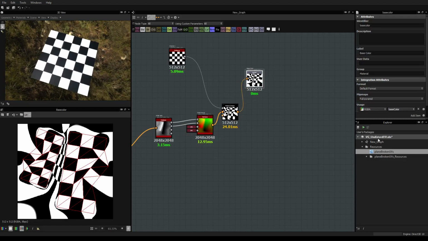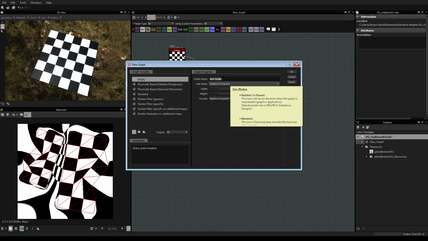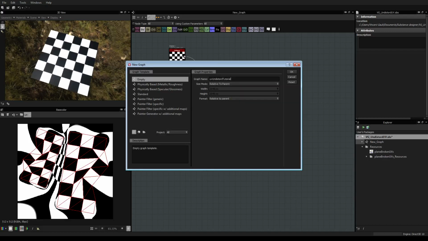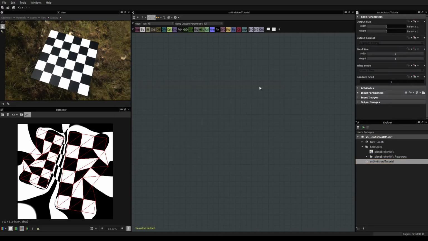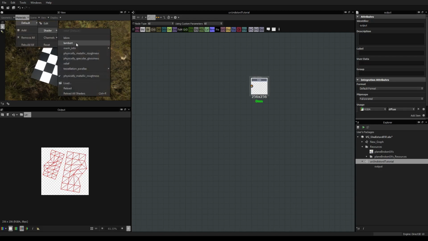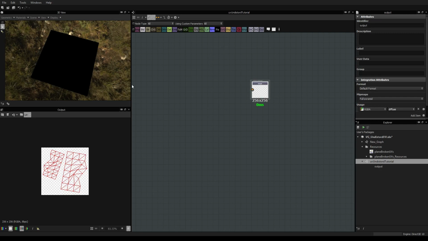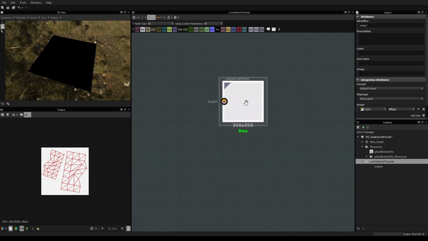So let's start. First I'm going to create a new graph that I'm going to call UV undistorted tutorial, and I'm going to put it as empty. It will be fine. I'm just going to add an output node right now, which will be a diffuse, just to make sure. I'm going to check my material right now. I'm going to put a Lambert one, and I'm going to say view output into the view. Of course, we have nothing, so we cannot see anything.